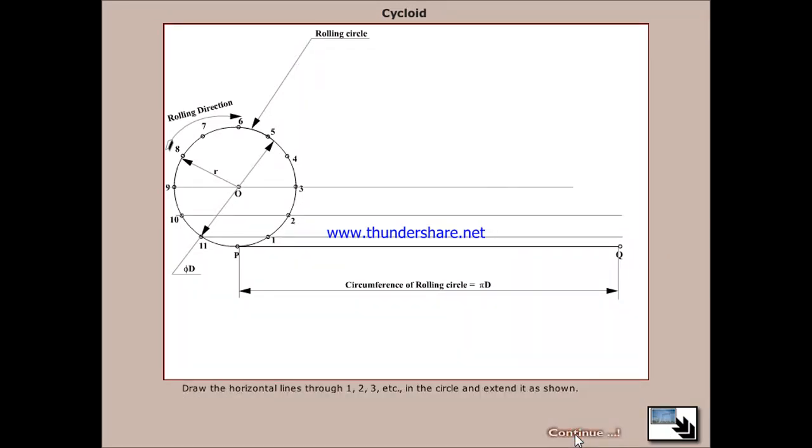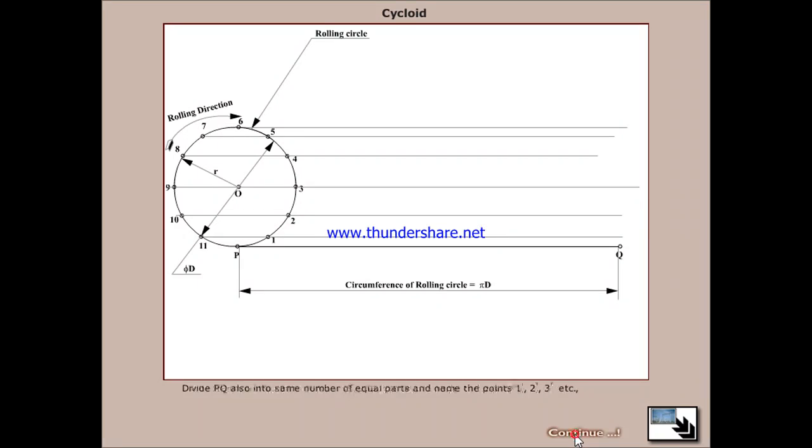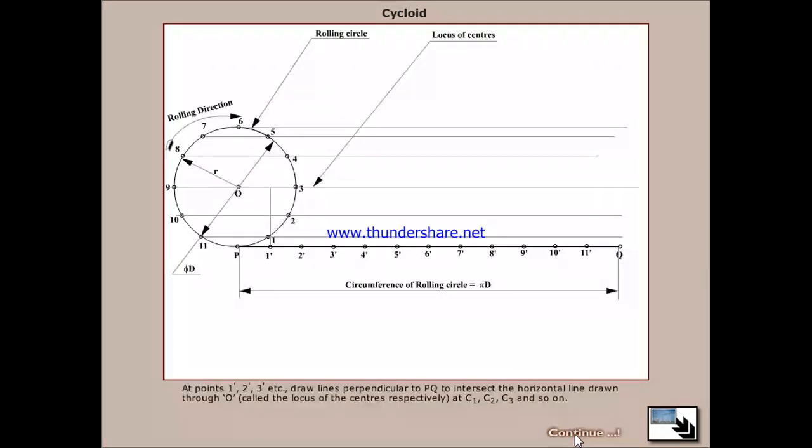Now draw the horizontal lines through 1, 2, 3 etc. in the circle and extend them as shown. Now divide PQ into the same number of equal parts and name the points 1 dash, 2 dash, 3 dash etc. Now at points 1 dash, 2 dash, 3 dash etc., draw lines perpendicular to PQ